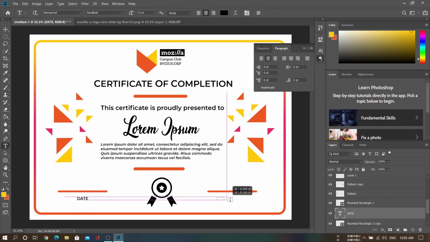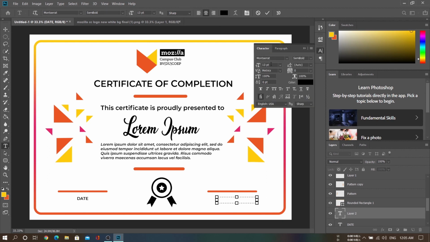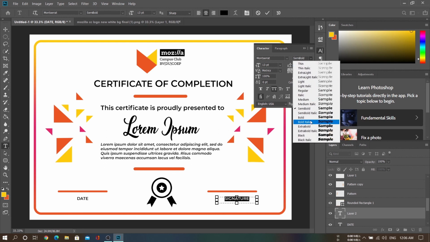Similarly, we are going to add another here. Signature. I'm going to make it all caps. We are also going to make it bold.